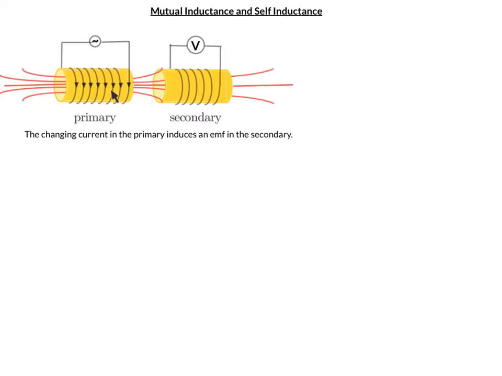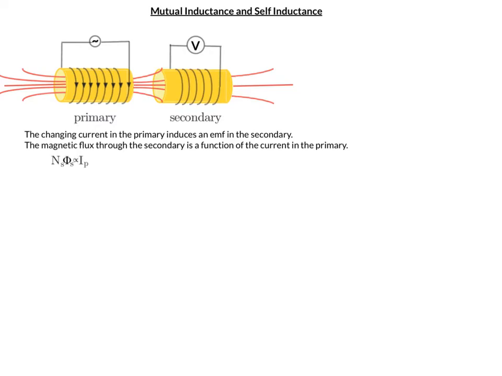So the changing current in the primary will induce an EMF in the secondary by Faraday's law. So the direction of the magnetic field is changing here. It's going to the right or to the left, alternating, and the change in the magnetic field will produce a changing magnetic flux through the secondary, and that changing magnetic flux is going to induce an EMF in the secondary. The reason we know that is because the voltmeter here will record this EMF